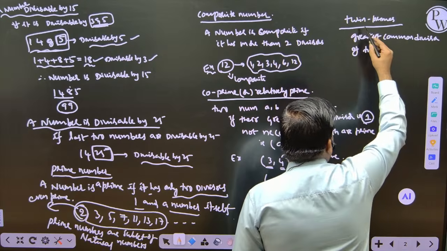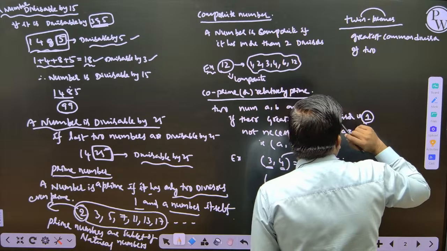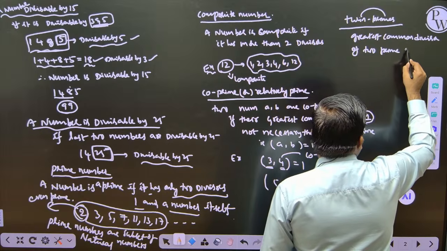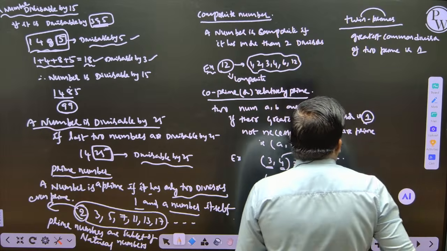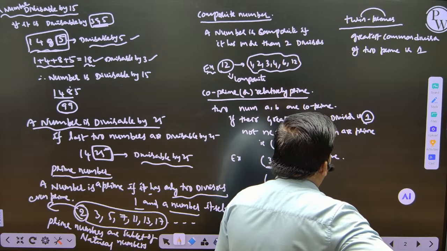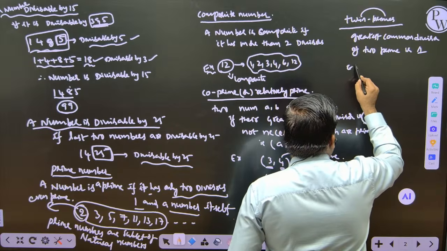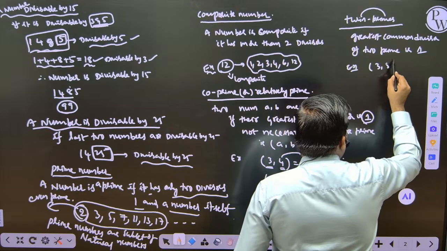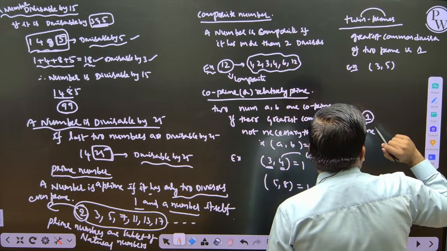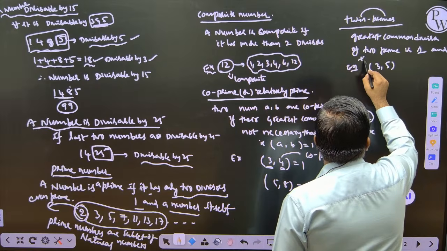Twin primes means two prime numbers whose greatest common divisor is 1. The greatest common divisor of two primes is 1. Then they are called twin primes. So the example here is 3, 5. The greatest common divisor of two primes is 1, and their difference